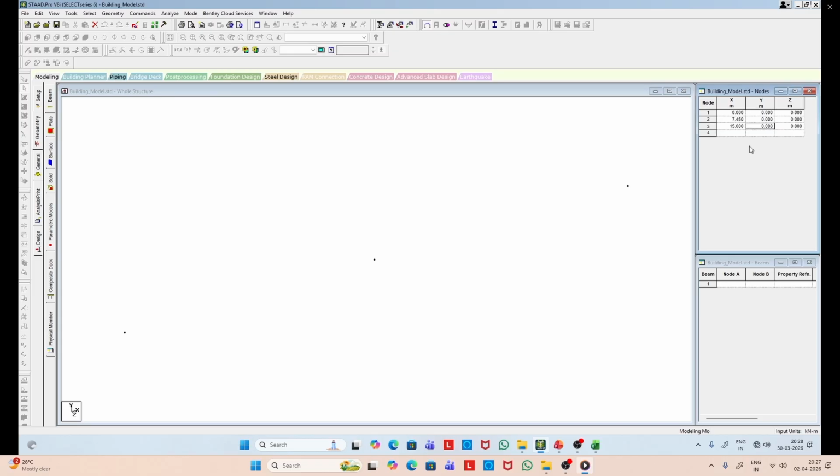So you can see the dot marks, those are the column locations.